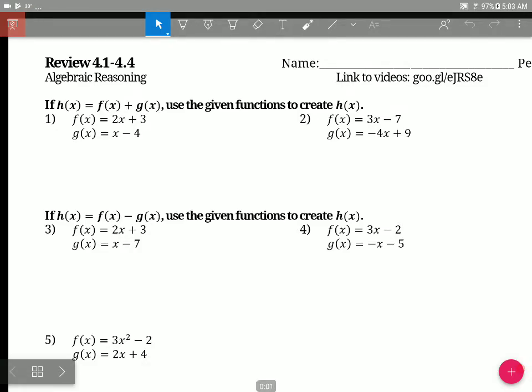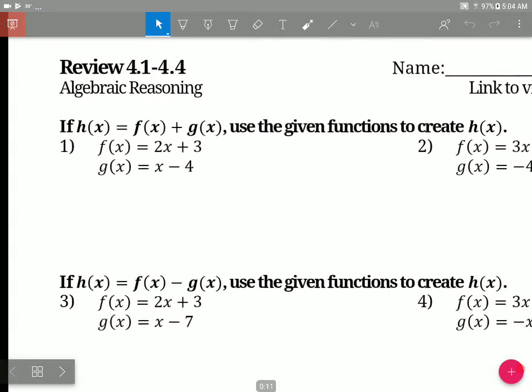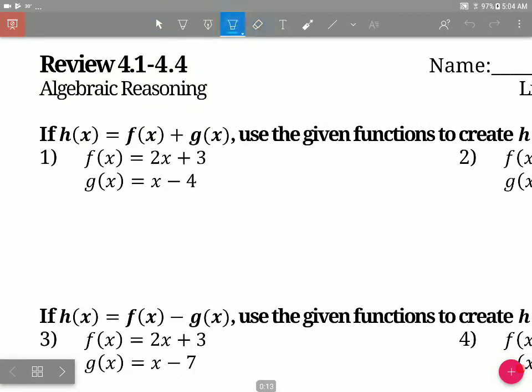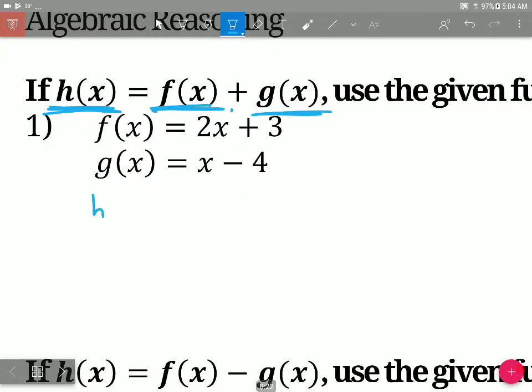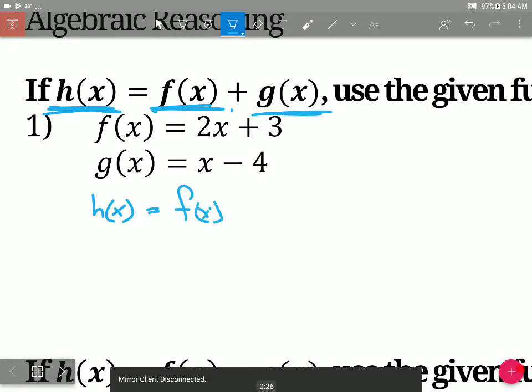This is review 4.1 to 4.4 for algebraic reasoning. It's all just functions, adding, subtracting, multiplying functions. So the first one, we are adding the two functions. If I want to create h of x, a new function, I take f and I add it to g. So for number one, h of x equals f of x plus g of x,